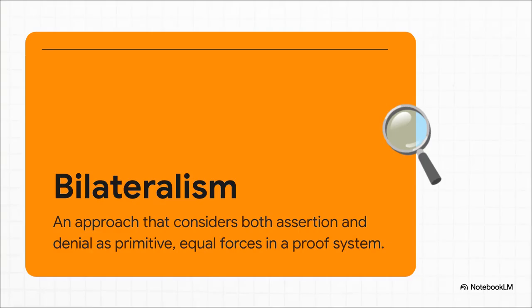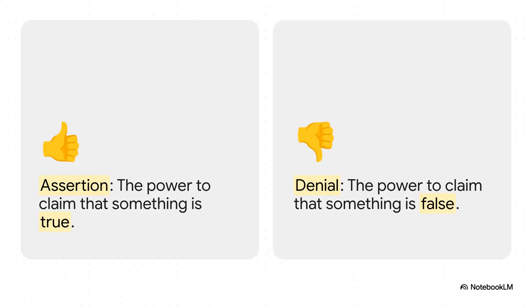This new approach has a name, bilateralism. It's a whole new way of looking at things that says logic isn't just about what you can assert is true. It is just as much about what you can deny as false. Assertion and denial, they're treated as two primary equal forces that create a perfectly balanced, harmonious system. The easiest way to think about it is like this. Meaning isn't just built on the power to say yes. It's actually built on two pillars, the power to say yes and the equally fundamental power to say no. Suddenly, you have a balanced, stable system where words like not finally have a home and make perfect, intuitive sense.